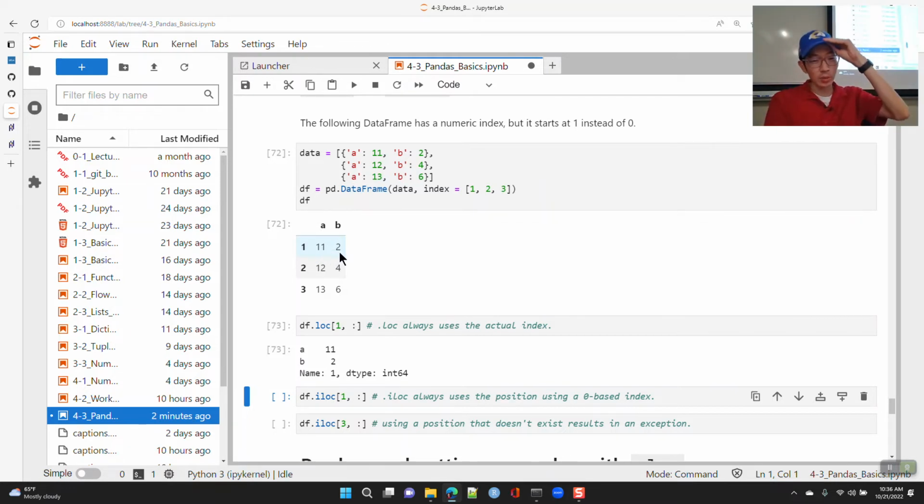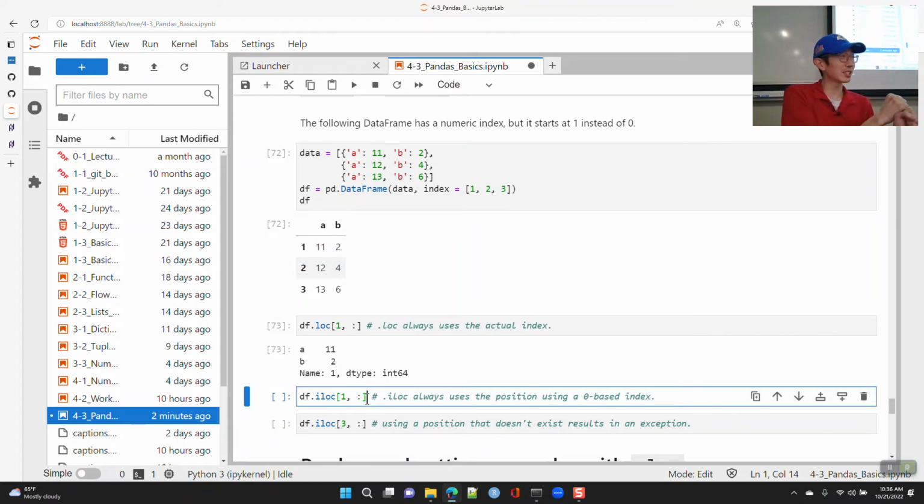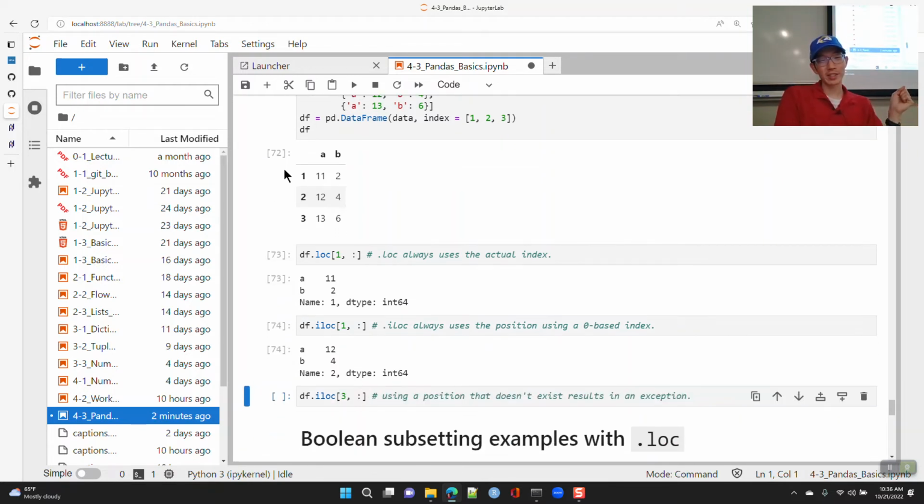Whereas .iloc always uses a zero-based index location. So iloc 1 says, this is row 0, row 1, row 2, so row 1 will be the 12, 4. I want to make sure this makes sense. The difference between .loc and .iloc can get confusing if your indexes are integers that don't start with 0, because these things look similar, but their behaviors are very different.